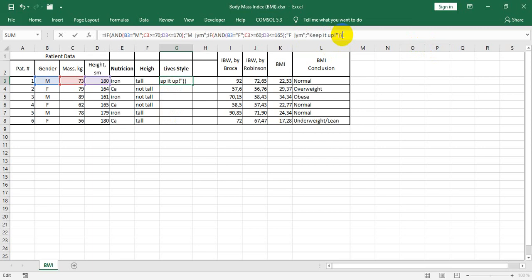So let's type a statement like this. Click enter to apply and propagate it down. So what do we have? We have a main if statement and a nested one. As you can see, we have the main if, first logical test,